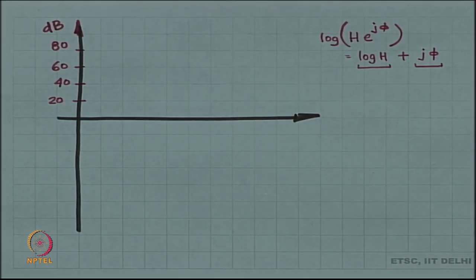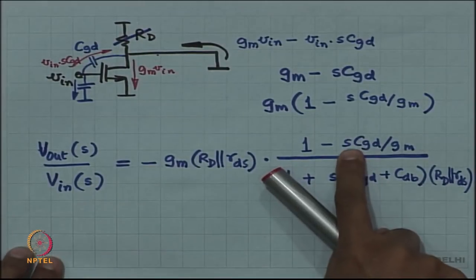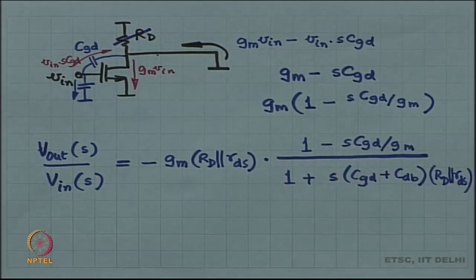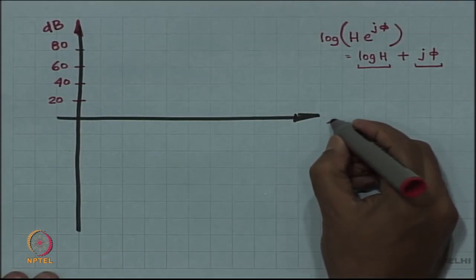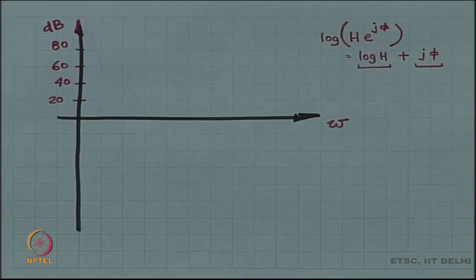Now, what is interesting is that the x axis also has to be a log scale. What is the x axis, by the way? Omega, right. Remember, we replaced s with j omega and said let us plot it as a function of omega. That was the entire objective. So, the x axis has to be omega, but in case of the Bode plot, we are going to plot